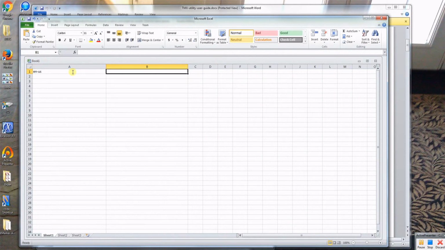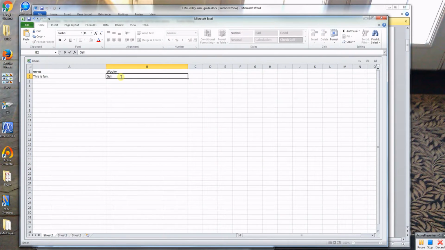EN-US, and in the second cell for this exercise, I'm going to say that we're going to translate. Let's see, we've got kind of a Star Wars theme, so we'll translate it into Wookiee language. So that's the Chewbacca character on Star Wars, so just for fun. And so my first phrase I'm going to type will be "this is fun," and in Wookiee language that translates into